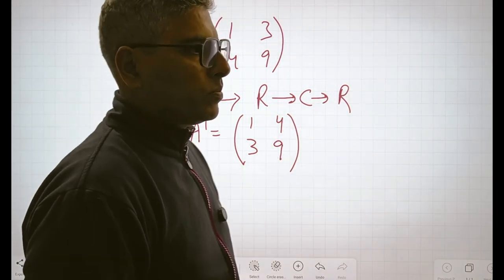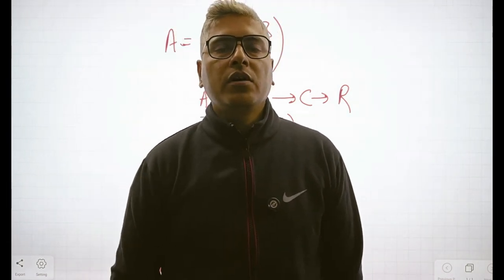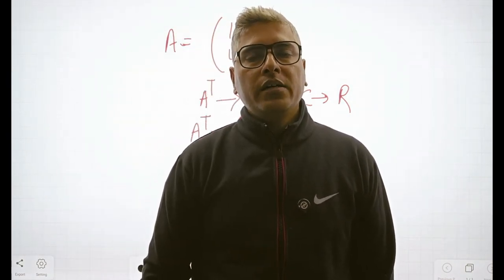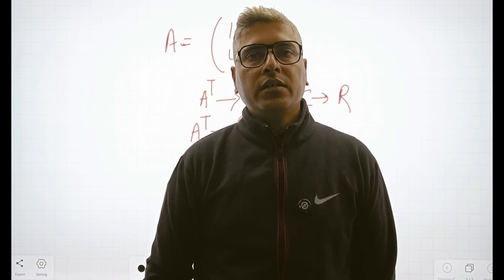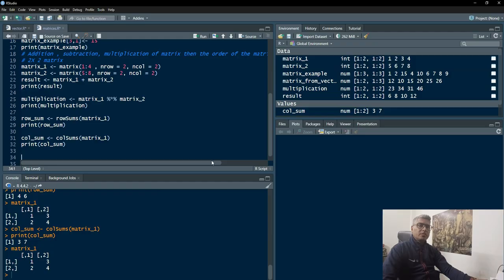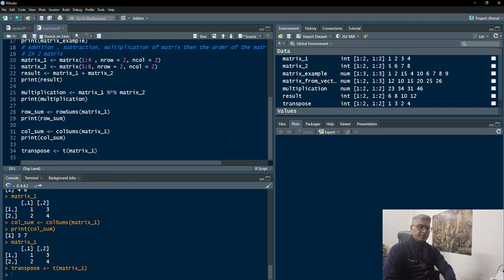So transpose is basically the conversion of the rows into columns and columns into rows. Now let's move towards our R Studio to understand it in R programming. Now let's try to understand this with an example, how to transpose a matrix. Let's write down transpose. With the help of t only, we can easily transpose the given matrix. Let's take the example with matrix_1 only and press enter. Now print